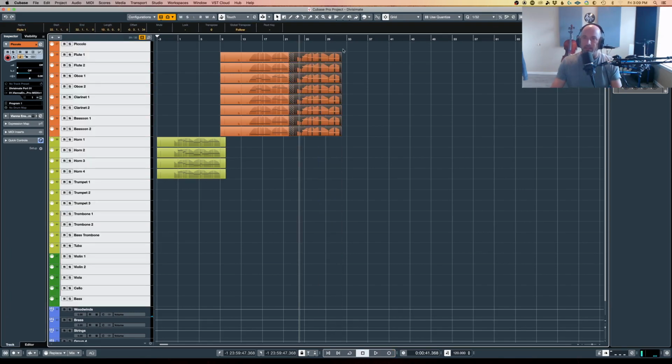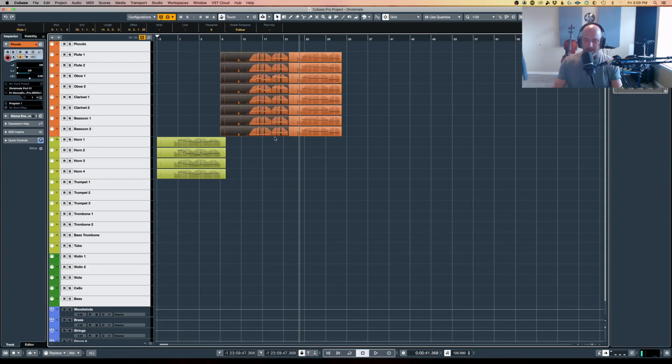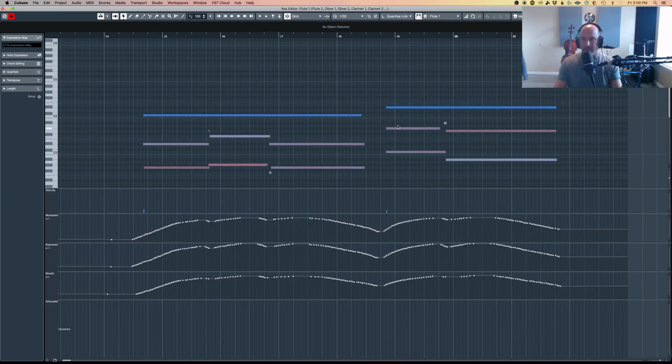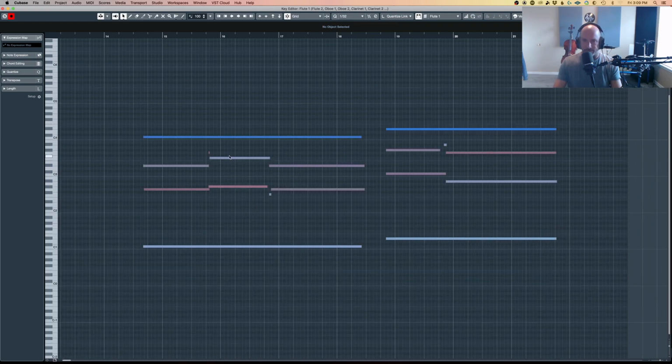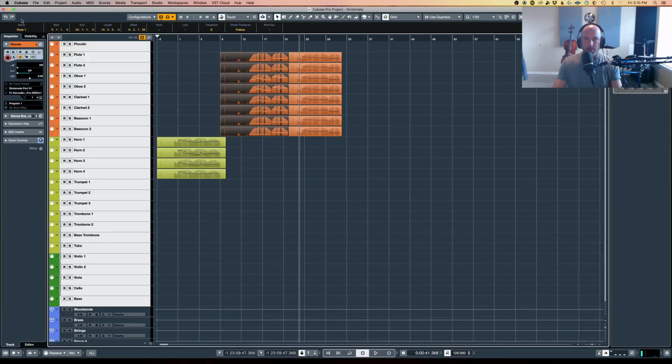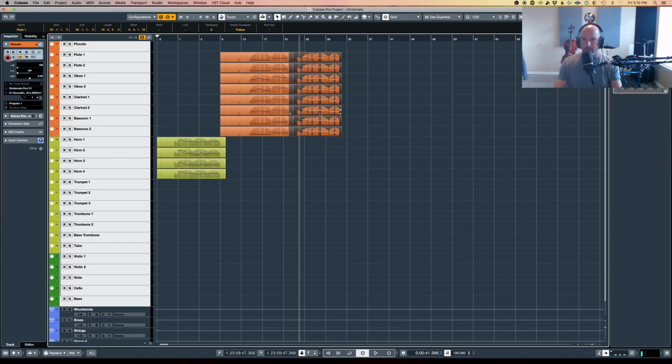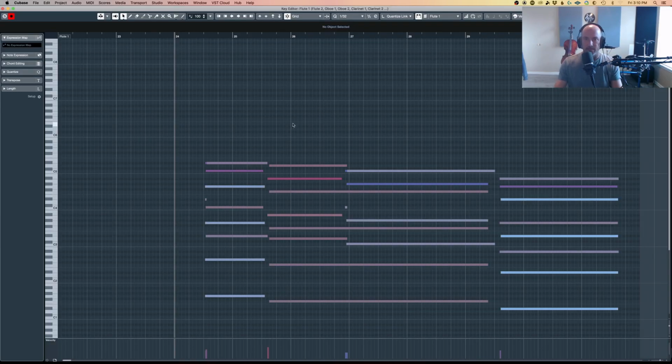Very nice, and it is voiced differently than this. If you look at this, let's just go here and clear. There we go. We have 1, 2, 3, 4 flutes, oboes, clarinets, and bassoon. We go over to this other example, and we have